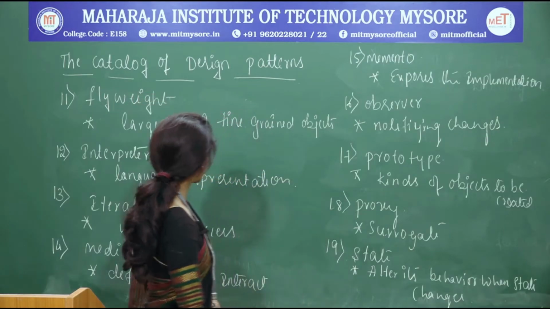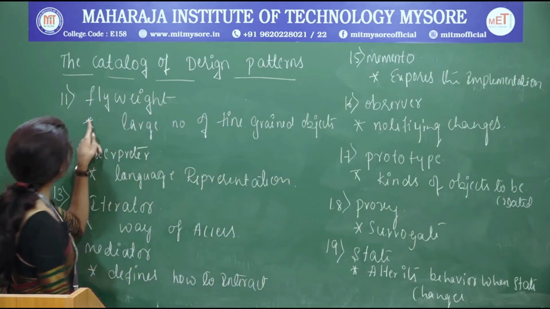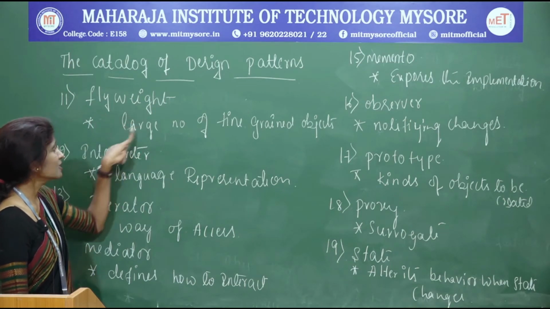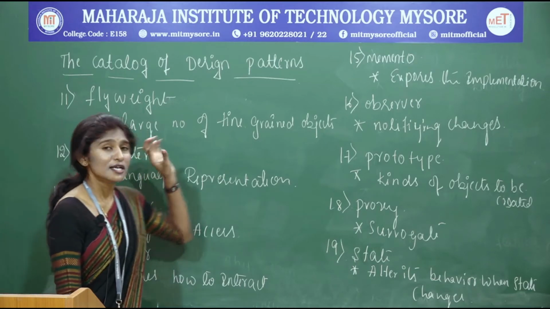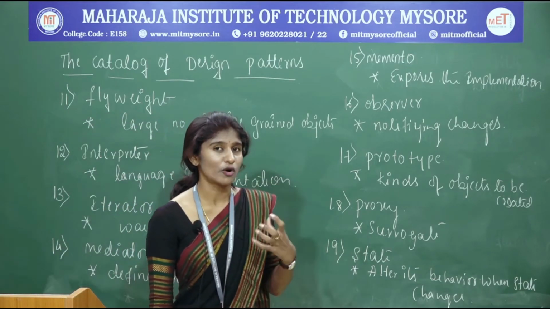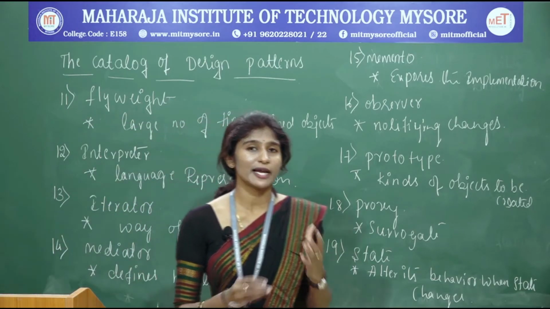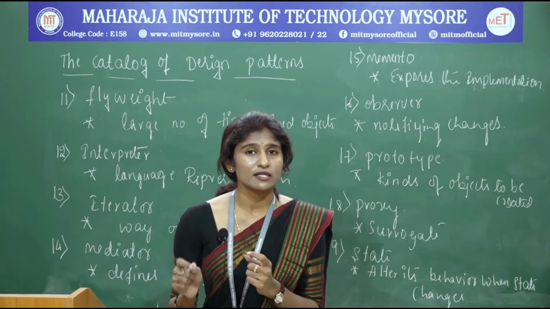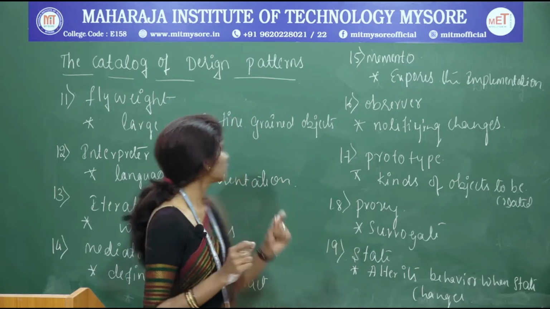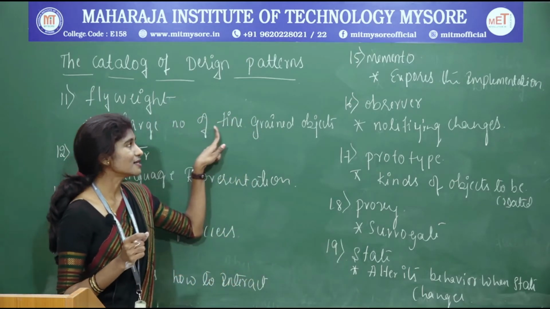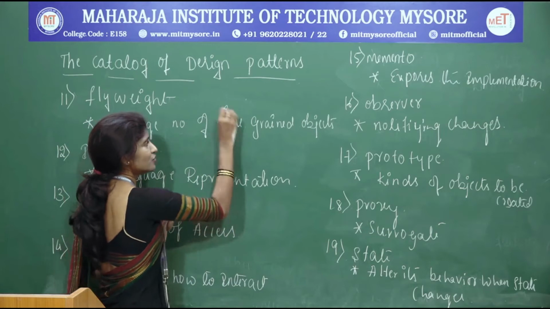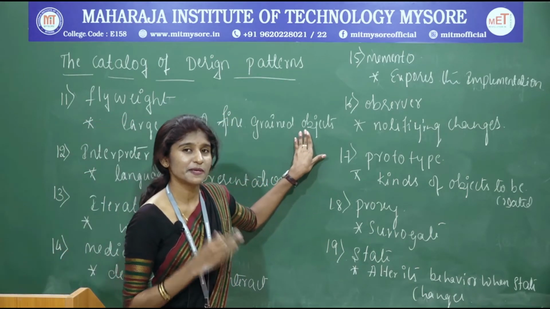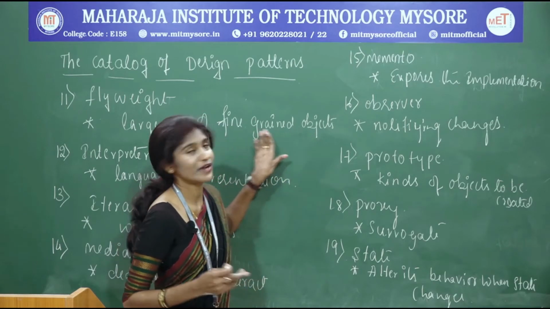Okay, fine, we will continue with the topics. So you have got the 11th one, flyweight. So flyweight design pattern. So I have written it contains a large number of fine-grained objects. Means you will be having plenty of objects, right? So all those objects will be pointed to each other and it will be maintained. So that is why I have written here it contains a large number of fine grain objects, okay, which are already created, which are in a working condition.